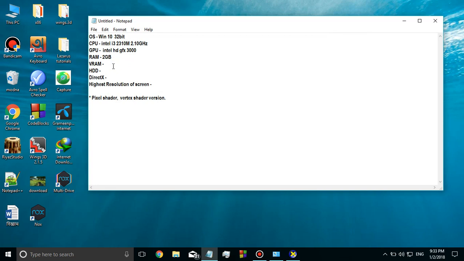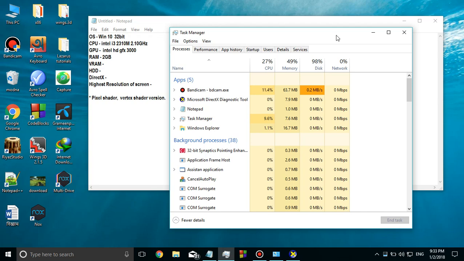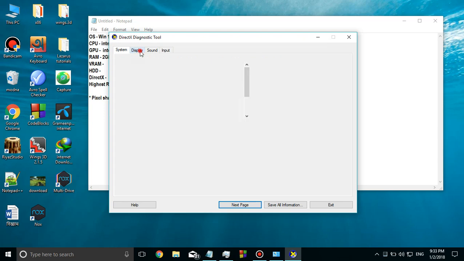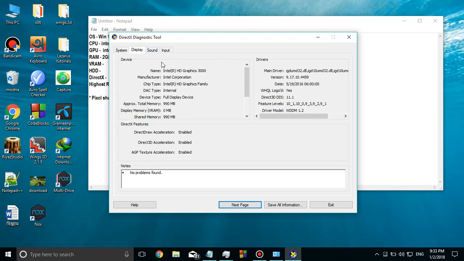Okay, what about VRAM? Your graphics card's RAM. Okay, here we go. Just go to DirectX Diagnostic Tool, Display or Render. Render if you have an external graphics card, and I don't have one. So here we go. Approximated total memory is 990 MB, right? 990 MB. Here it says that display memory VRAM is 0 MB, because this graphics card